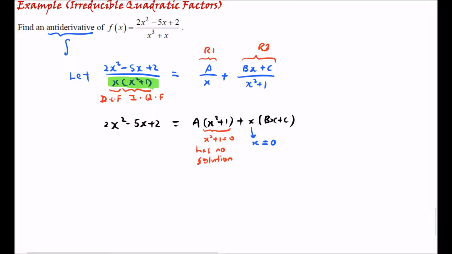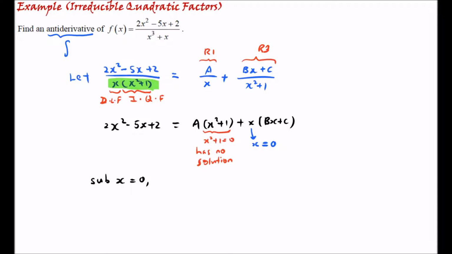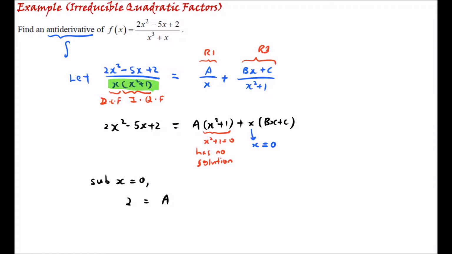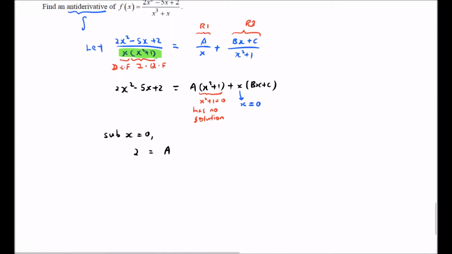Okay, so then we can actually continue the finding of the A, B, or C. Sub x equals to 0. So we get 2 equals to A. Right. Now, how to find B and C? Now, one way is to sub x value. The other way you can do is, especially for this type of question, I advise you to learn how to use comparing coefficients. So you can say by comparing